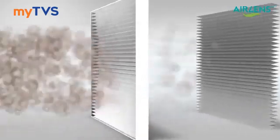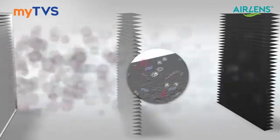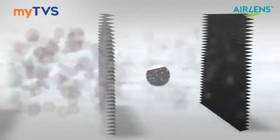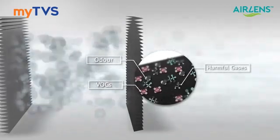Layer 1 is where dust and pollen get captured. Layer 2, which is called the AMT layer, is where PM2.5, PM10, bacteria and other germs are captured. Then the air comes to the 3rd layer, where it meets optimally packed activated carbon material that traps harmful gases,